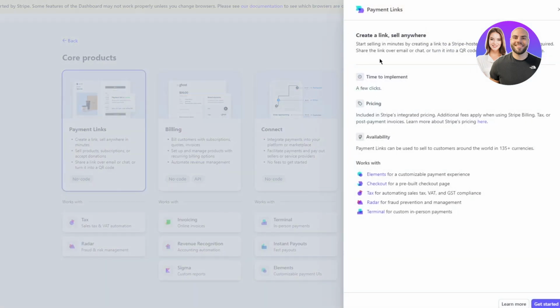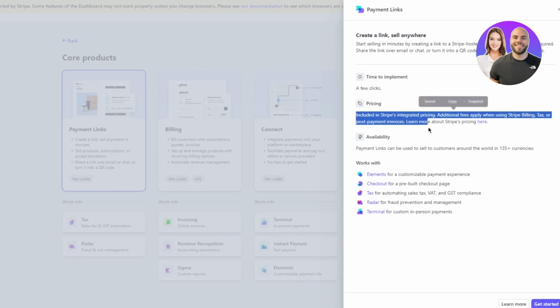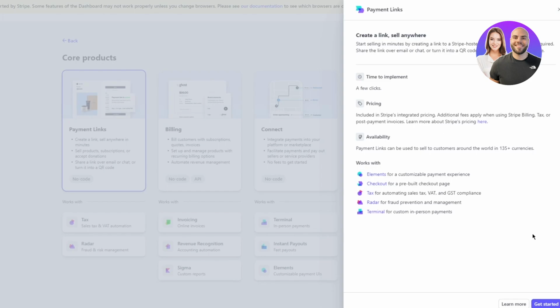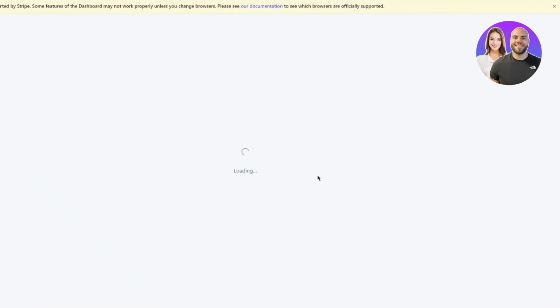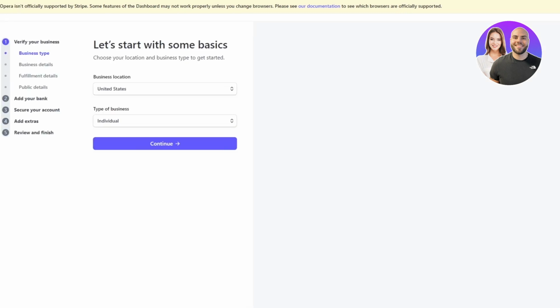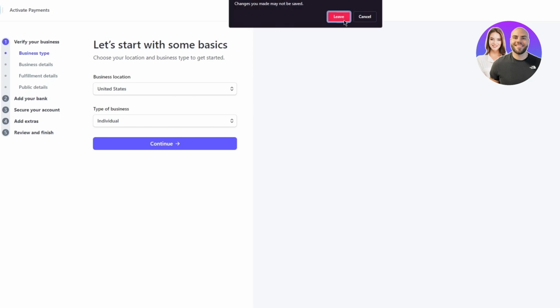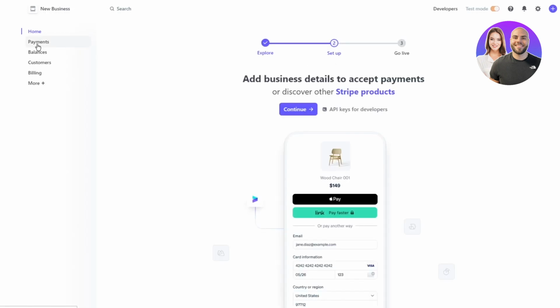So you can simply go with payment links, and over here you can see time to implement: a few clicks. The pricing is totally free. It does take the tax off whenever a transaction occurs, but that's totally fine, because a little sum of money should be given to the people at Stripe. So once you do that, it's going to ask you to verify your payment or activate your payment. We're going to do that in just a second. Basically, I just want to give you an idea and show you how we're going to work with this whole